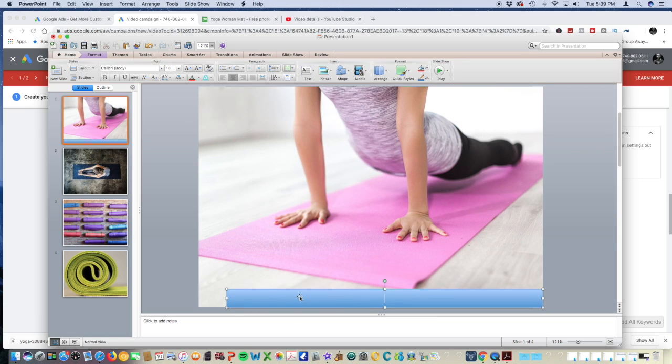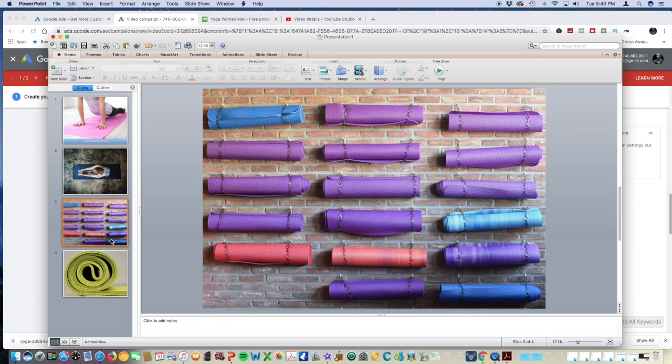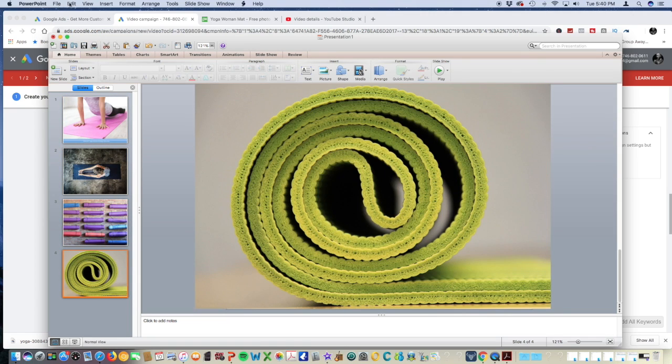So you can say a versatile yoga mat, or 20% off yoga mats for a limited time only. Of course, make it look nice and clean, but do that for each one of these slides. And then once you do that, all you're gonna do is do file, save as movie,